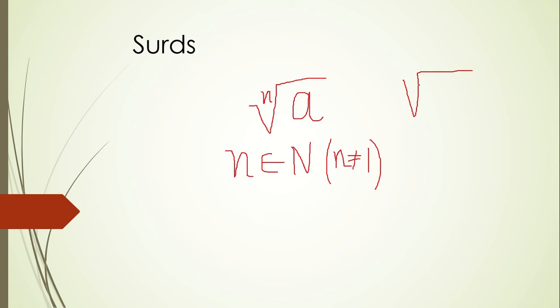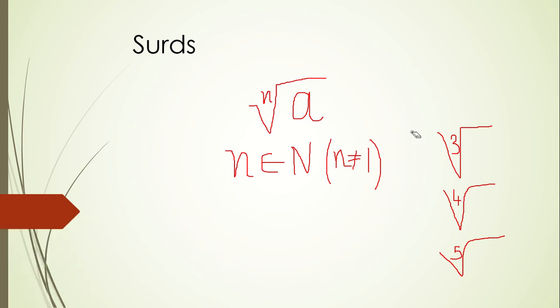This means square root. Whenever it is a square root, we don't write 2 there. When there is no number, it is assumed that this is a square root. And if it is a cube root, we write 3 here. This means a cube root. And then for fourth root, we will write 4 there inside the radical sign. Then for the fifth root, we will write 5. So this is square root, cube root, fourth root, fifth root, and like that go on. So the order is represented by the letter n over there, and that n has to be a natural number.